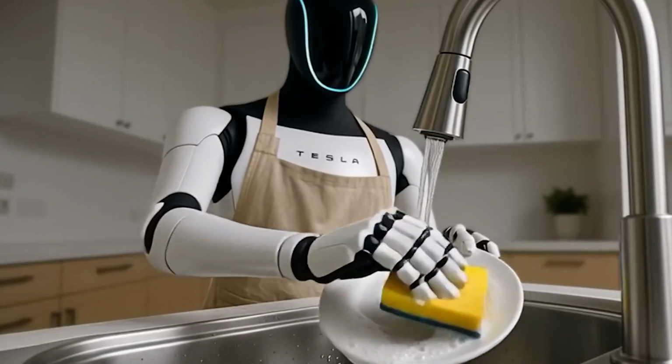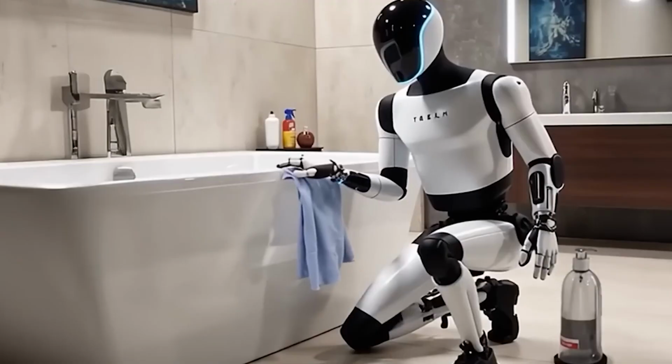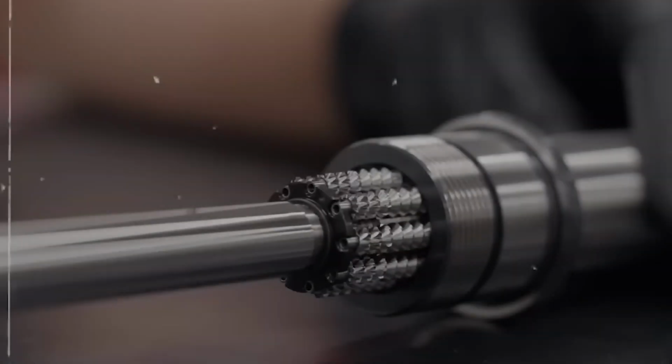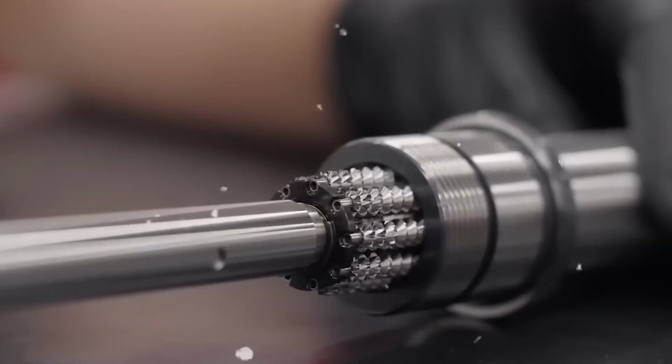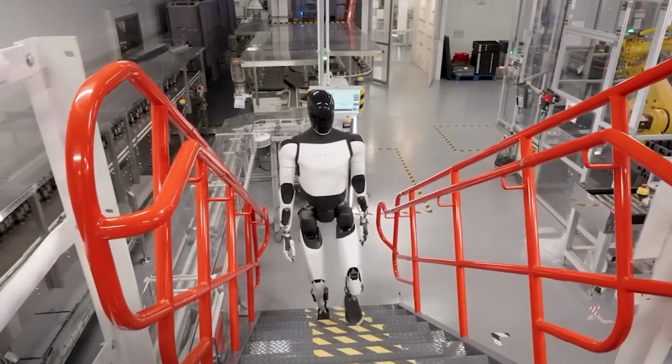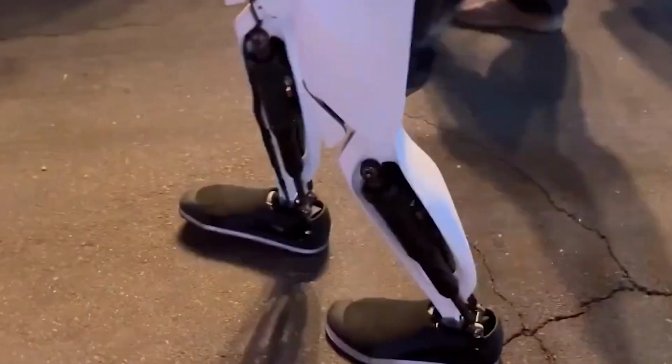At its core is a neural network built by Tesla, trained using the same advanced systems behind full self-driving. But what really pushes it over the edge is Dojo, Tesla's custom-built supercomputer designed specifically for training AI at massive scale. Dojo feeds Optimus with mountains of real-world data, videos, environments, interactions, allowing it to pick up patterns and behaviors